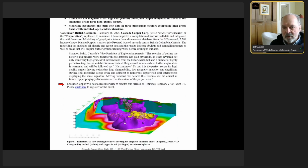And it's a model that shows what we might expect to see if we drilled beneath the surface. So where it's purple, it's highly magnetic, and where it's not, it's lower magnetics. So the implication here is that where we've done our drilling, which is in this area here, it's a little bit masked by the yellow, but in this area here, we've got a magnetic low, sort of valley in the response. And what we're also seeing is magnetic lows further up to the northwest, where we've got copper and moly